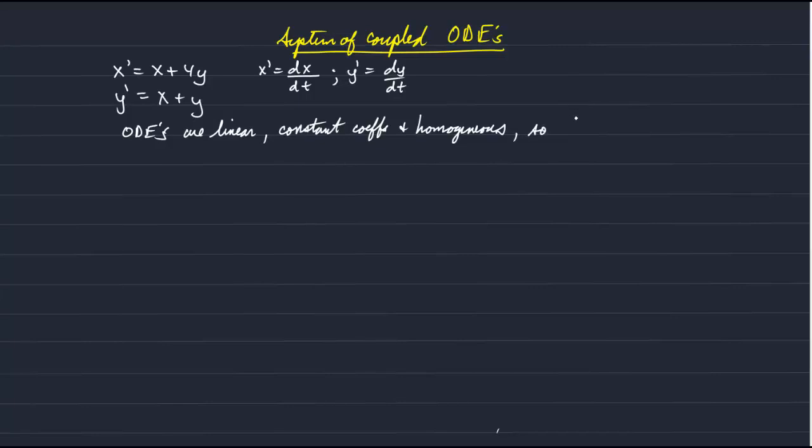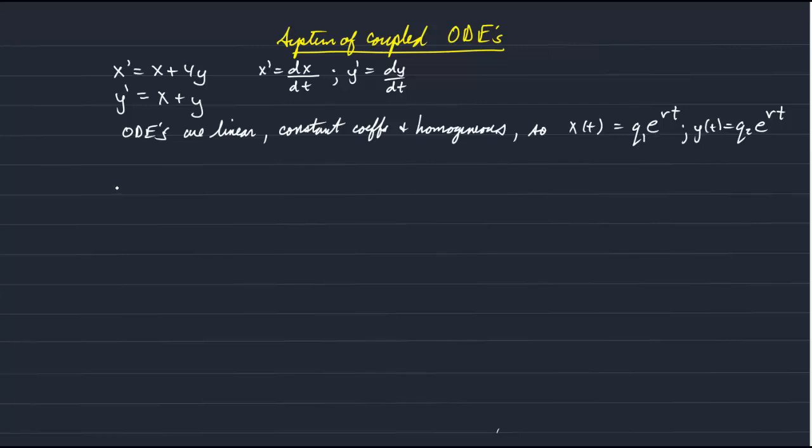So therefore, we know that x of t is proportional to e to the rt. And let's call the constant of proportionality q1, for example. And likewise, y of t is proportional to e to the rt, where q2 is the constant associated with y. So if we assume this form of the solution, and substitute back into the initial form,